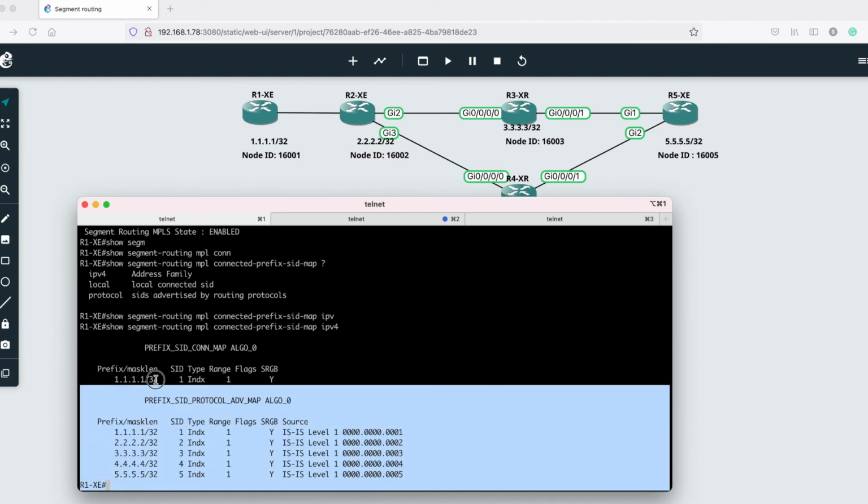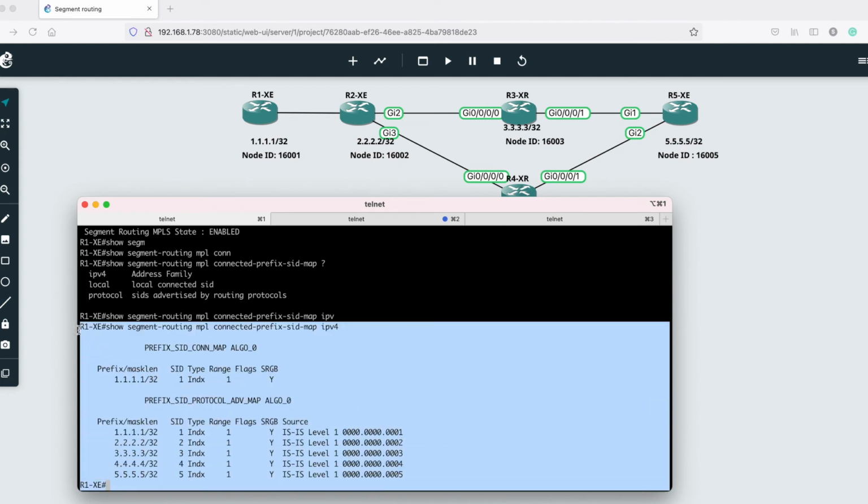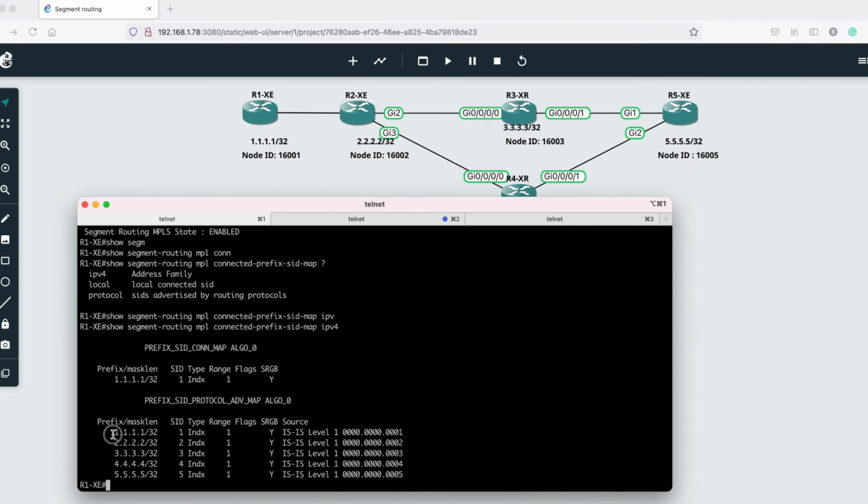Alright, so this is a very good command. It tells you whoever are the segment routing enabled devices in your network and what are their prefix SIDs. Prefix SID is nothing but the prefixes which are assigned with the index value. So what are their prefix SIDs and what are their net IDs, etc., or ISIS identifiers, etc. So here I have 5 routers, 1 2 3 4 5 routers, and the SID values associated with all those routers are 1 2 3 4 5.